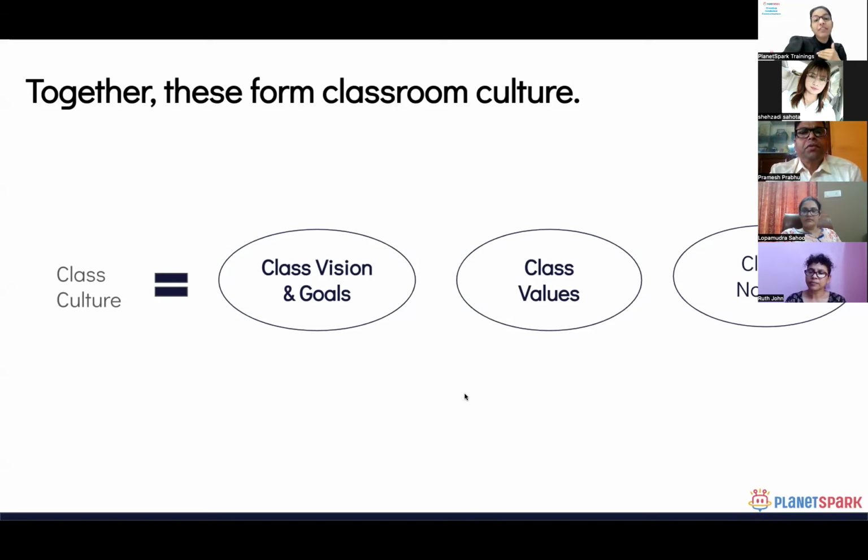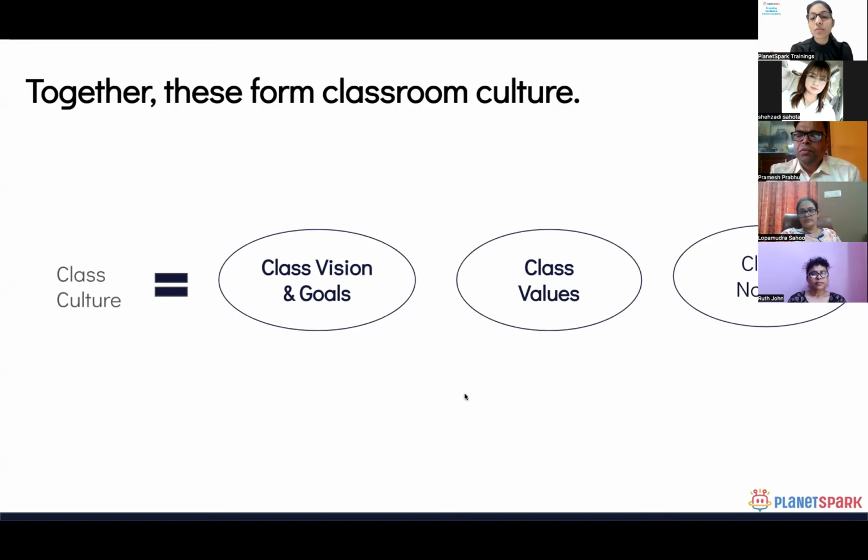But even one step before that, like what guides your procedure, right? If you're operating with a value, then only there would be a certain procedure, right? And your procedure would look different based on different values. So definitely that, but a step before that. So that's what even a classroom culture is.